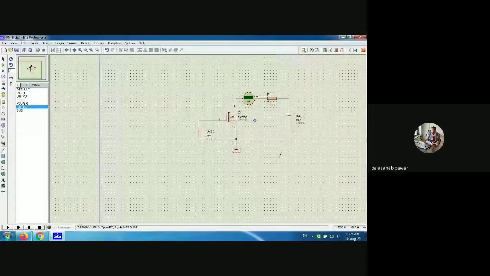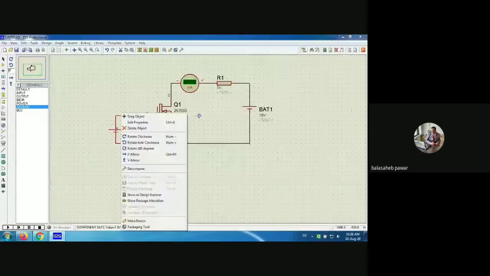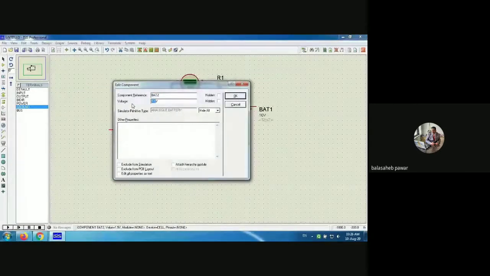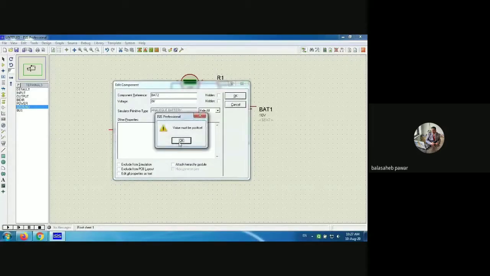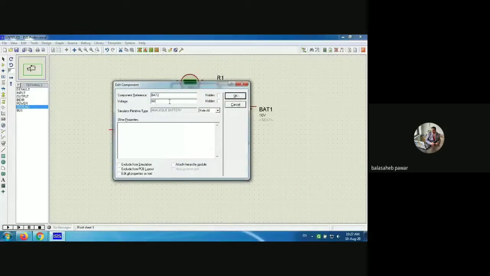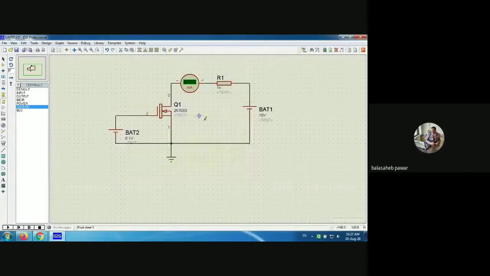Initially, I will keep this battery at 0 volts. If you have that previous table, just open it. It might be available in your mobile, because I suggested taking a snapshot or screenshot, right? Okay, it is not taking 0, so I will just apply 0.1, which is as good as 0 volts, and we'll run this circuit. How much is the current?